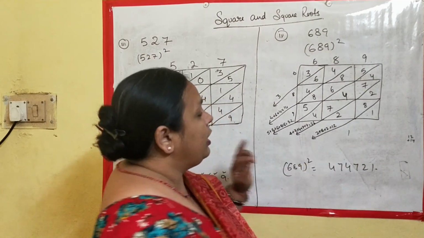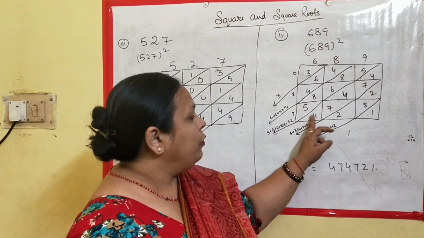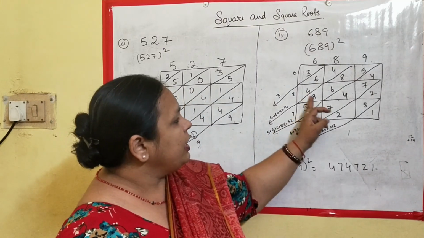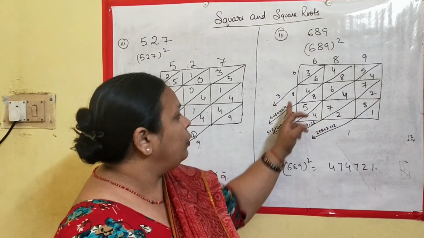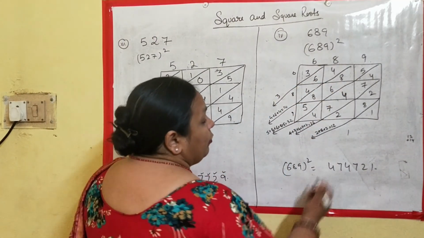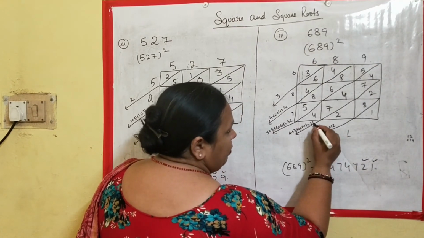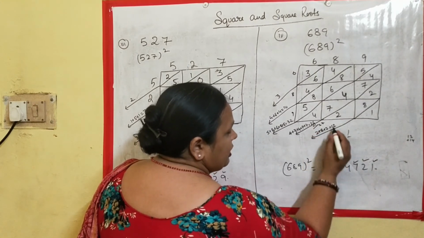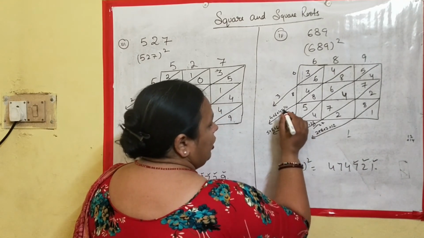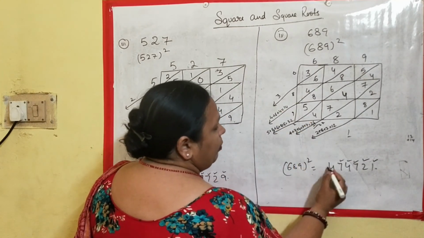Again extending the lines and adding it up, 1 will remain as it is, 1. 2 plus 8 plus 2 is 12. 4 plus 7 plus 4 plus 7 plus 4, that is 26. Then 5 plus 8 plus 6 plus 8 plus 5 is 32. 4 plus 6 plus 4 is 14 and 3. Then from this, 1 is as it is down. 12, 2 we have, 1 goes up. So this becomes 27, 7 is here. Then 2 goes up, that is 34, so 4 is here. 3 goes up, this becomes 17, so 7 is here. And 1 will go up, that is 4.